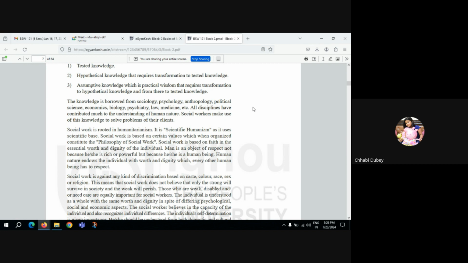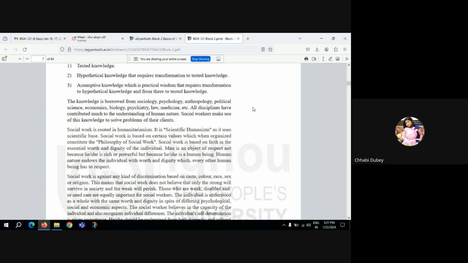So, what founds the philosophy of social work? You can say that the philosophy of social work is rooted in scientific humanism. And social work is also based on faith in the essential worth and dignity of the individual. It considers that every individual has inherent worth and dignity which needs to be understood, and we need to consider this